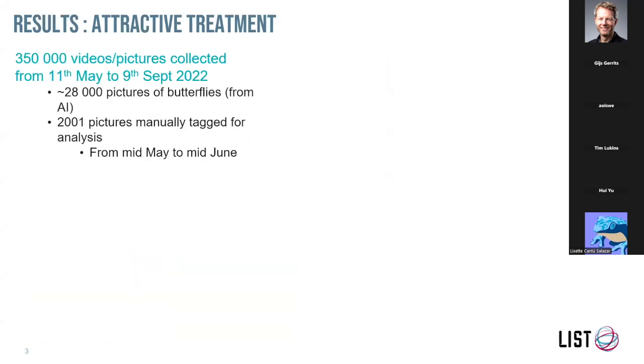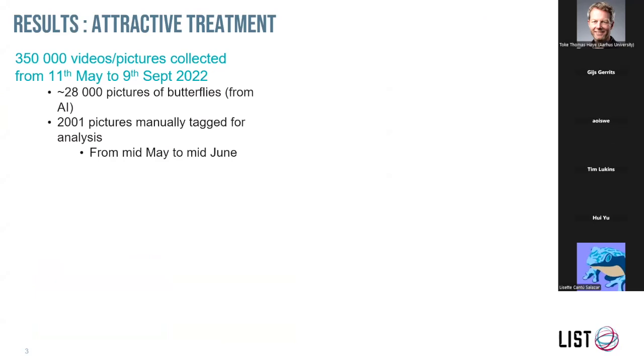During this year, from May to September, we collected more than 350,000 pictures and videos. Every time we collected a video of 20 seconds, from which we extracted a picture. We ran an algorithm to roughly detect how many pictures of butterflies we got. It was around